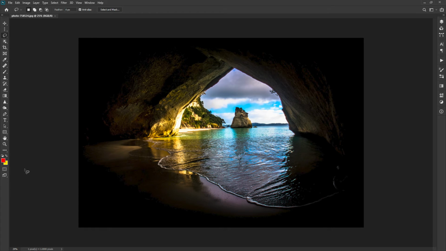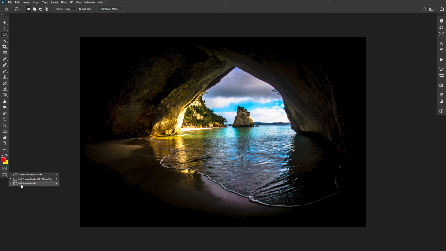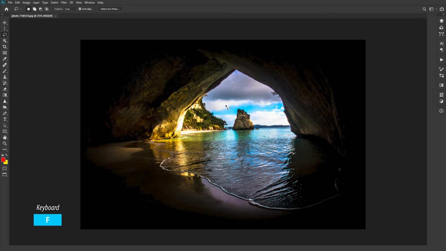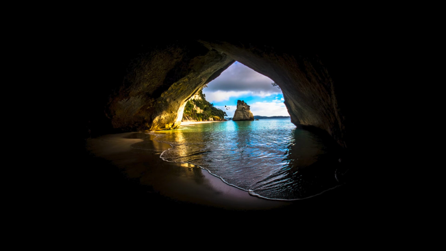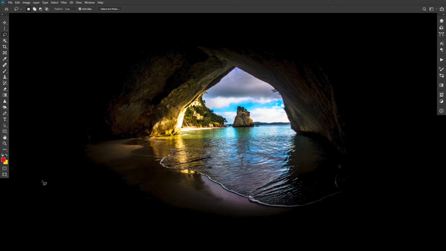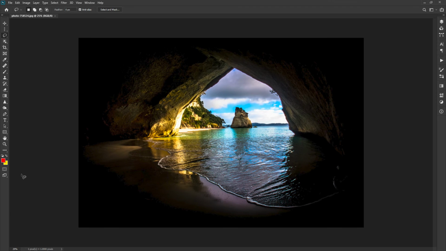At the bottommost, we have a full screen mode button to expand the work area to your monitor window. This tool is very useful if you have a smaller screen to work with and want to utilize the whole area of your monitor to work on images. We have 3 different modes of working and can be toggled by pressing the F button on the keyboard. Pressing a tab key during full screen mode will hide or show your tools and panels. So by using keyboard shortcuts, you can quickly hide and show the panels or switch the tools fast.